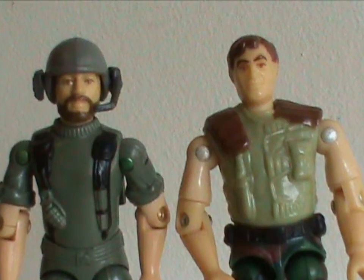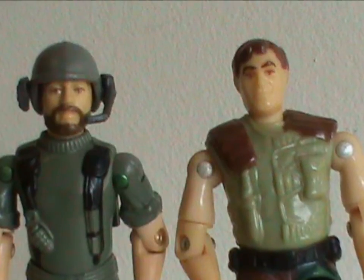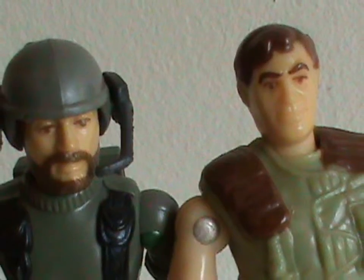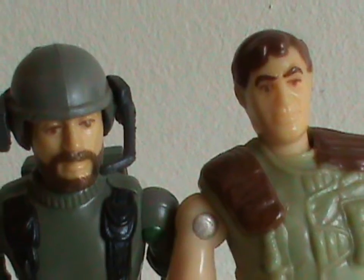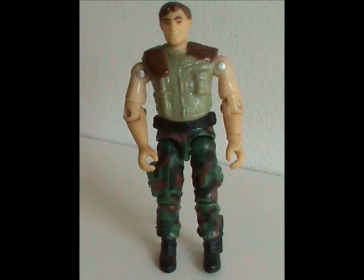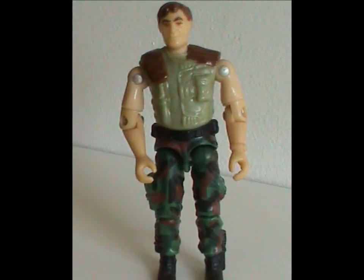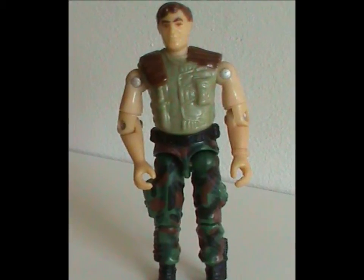Firstly, this guy looks about as much like the original as I look like Brad Pitt. Yeah, they lost the original head mold, so they just went with General Hawk's head, since they had that one lying around. Secondly, look, not even after having consumed several bottles of whiskey would I consider this to be a